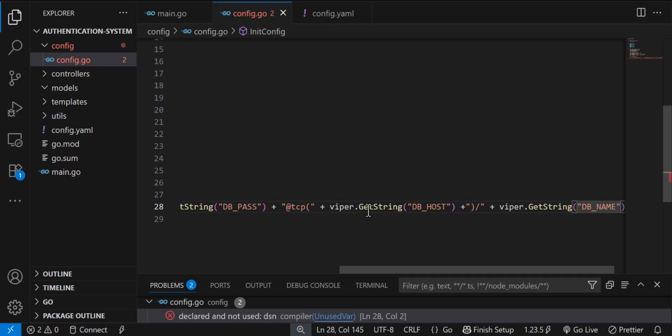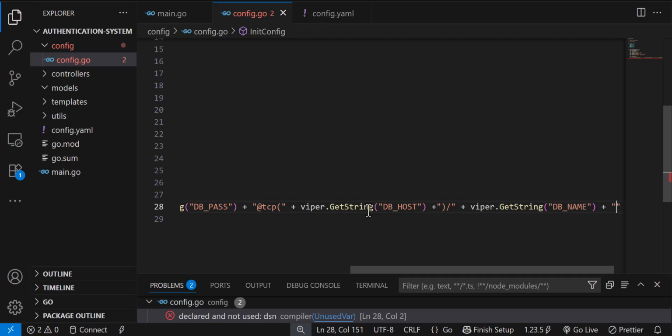Okay, good. Now lastly, we will concatenate it with the parameters or the settings of our database. Okay, good. Now since we have our database name over here, good. So lastly, we will concatenate it with